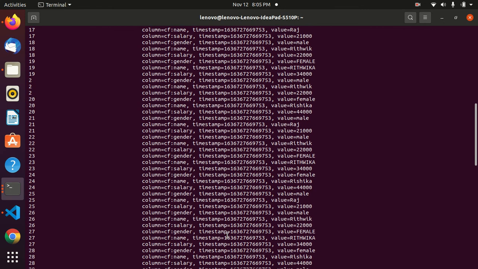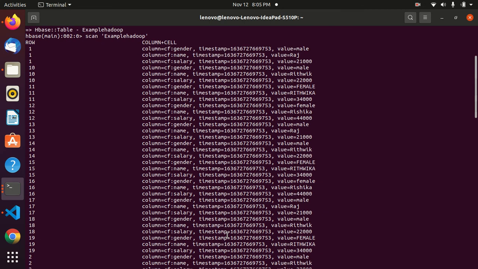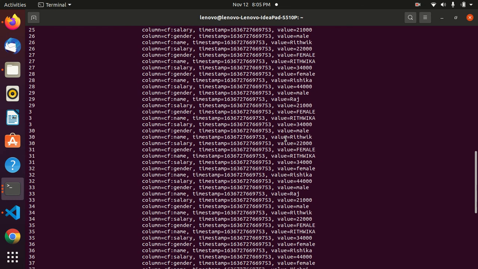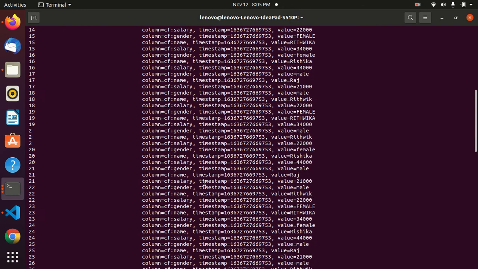With the values gender, name, salary, gender, name, salary, it got printed. Let's check with our CSV file as well.